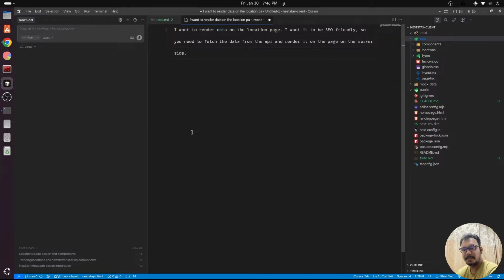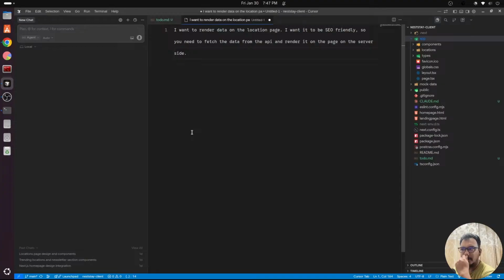Because in Next.js you can make the API calls in two places. One is the client side. So when your page loads and gets ready, then with hooks, for example useEffect, you can make an API call. The AJAX call will be made, data will be fetched, and then it will be displayed. However, it doesn't solve your SEO problem because whatever is there in JavaScript will not be visible to the crawlers, and you will have a hard time